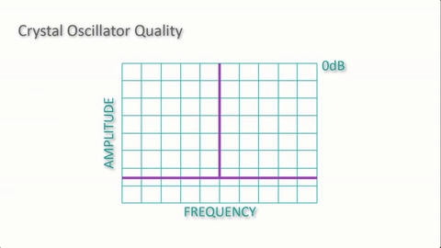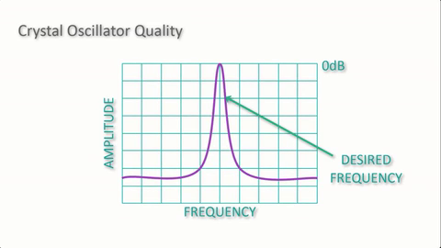But sad to say, not all crystal oscillators are created equal, and that's important because the better the reference oscillator, the better the overall signal quality of the frequency synthesizer. But what do we mean by better? Well, ideally, the reference signal would be a sine wave of constant frequency, never varying in frequency, phase, or amplitude. Now, in the real world, such perfection is practically unobtainable, but we define how close we come to the ideal